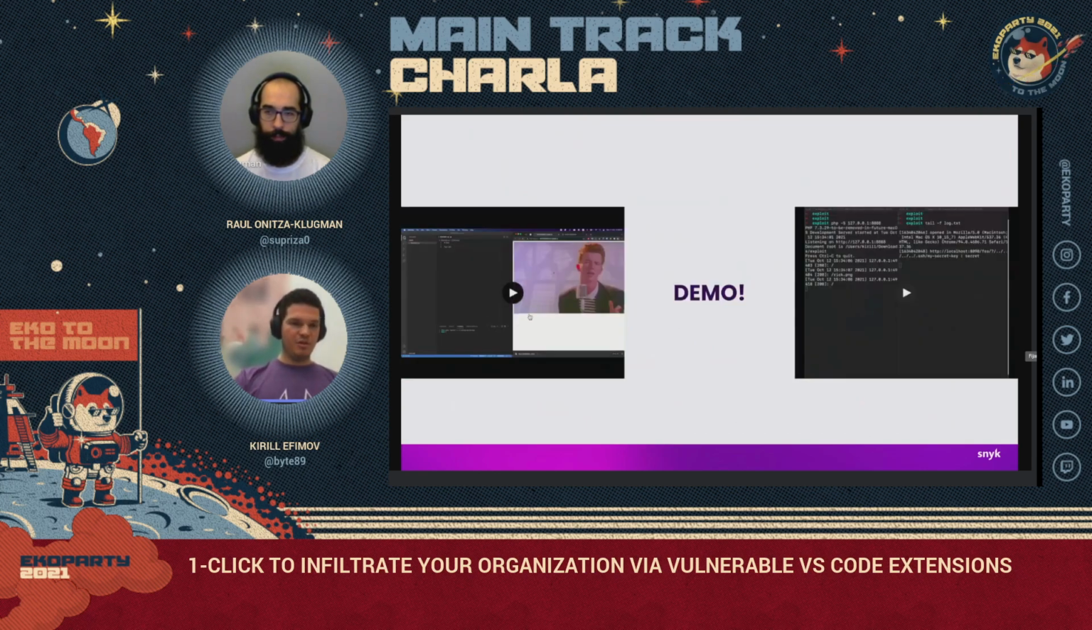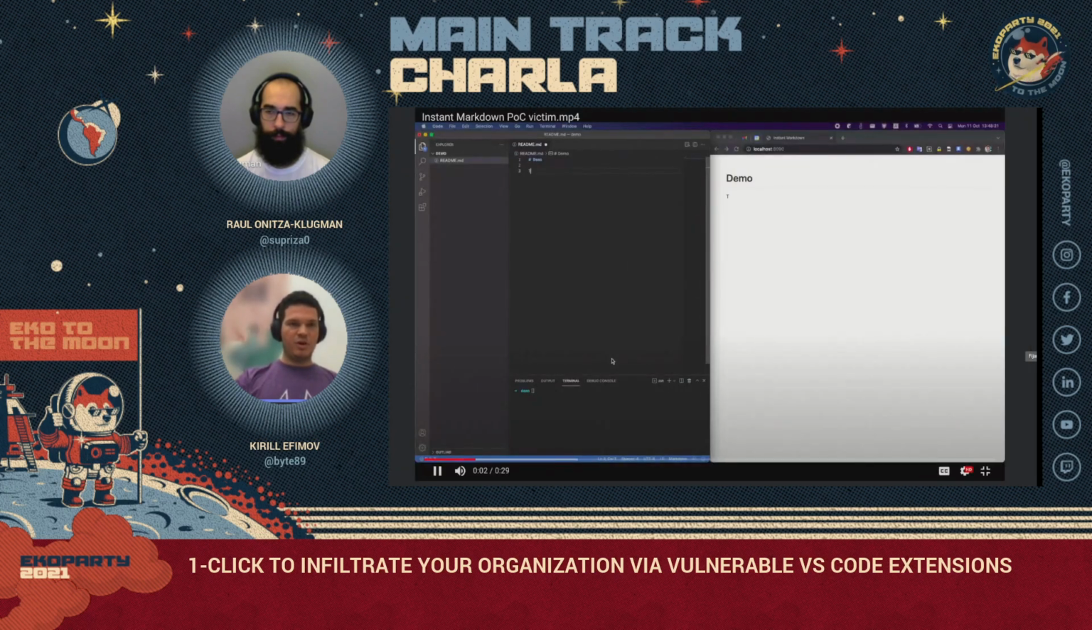Let's have a look at the demo. Demo is two parts. Left side is how victims see the attack, and the right side is how hackers see the attack. Let's start from the victim one. You can see again, Visual Studio Code is running on the left side, and the user types something, and it